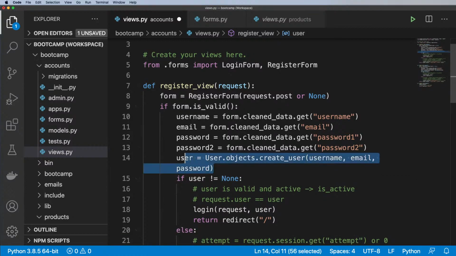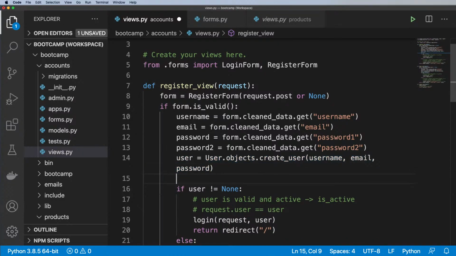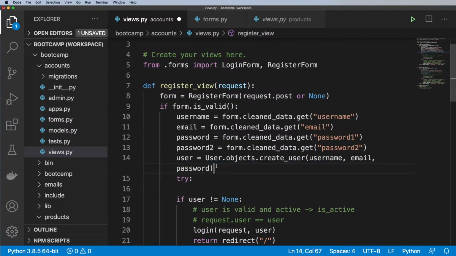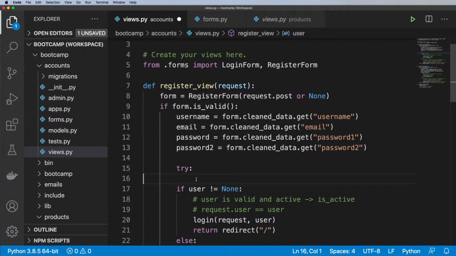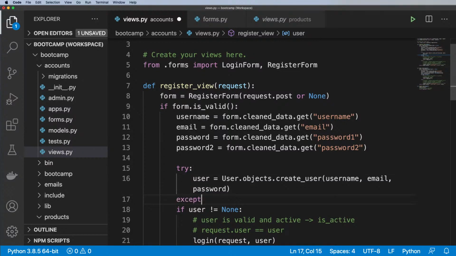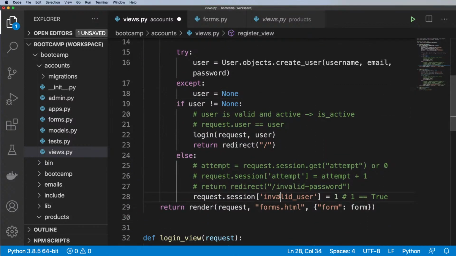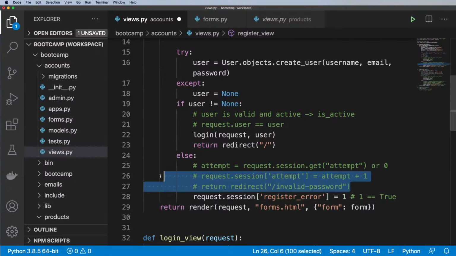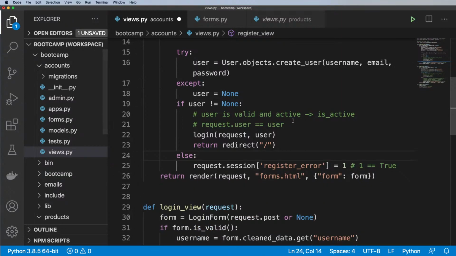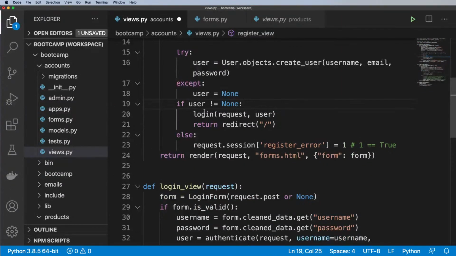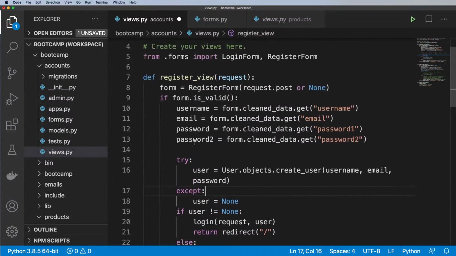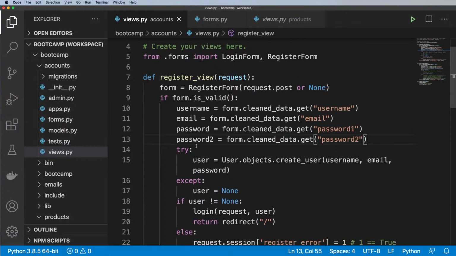And if there's any exception or any problems that happen with this, maybe it's a good idea to put it into a try block and say except, user equals None. And then that way we've got a registration error, or maybe just register_error. And now we've got that error, right? And again, we can do the attempts as well if we'd like,